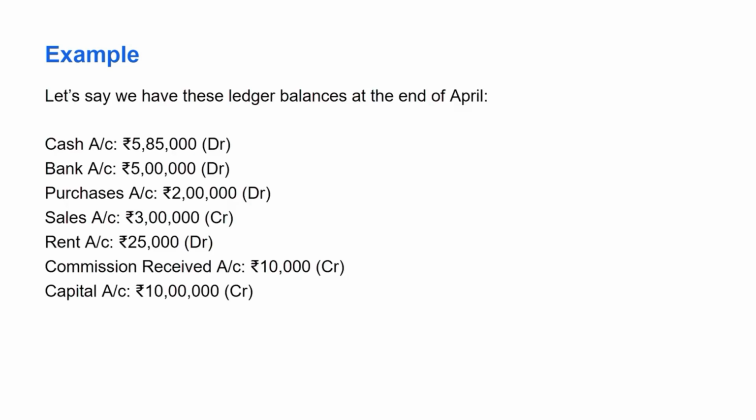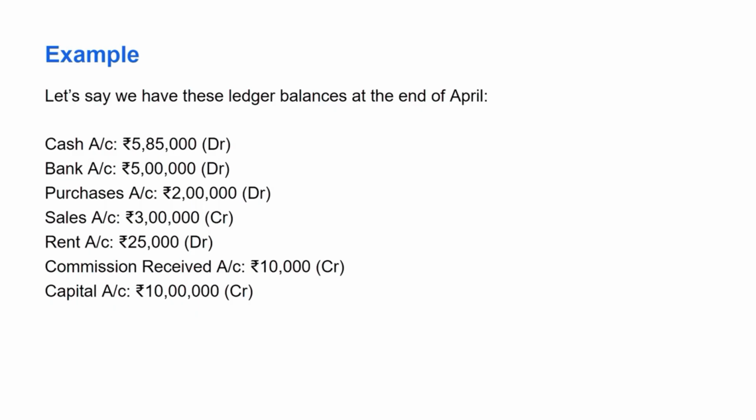Now let's look at the example. Let's say we have these ledger balances at the end of April. These are the same balances we got in the ledger accounts from our previous video. That is cash account 5,85,000 debit balance, bank account 5 lakh debit balance, purchases account 2 lakh debit balance, sales account 3 lakh rupees credit balance,